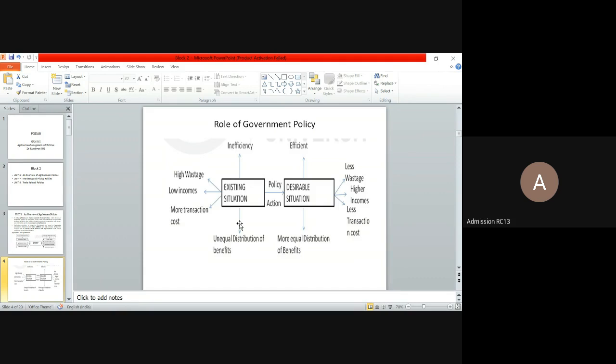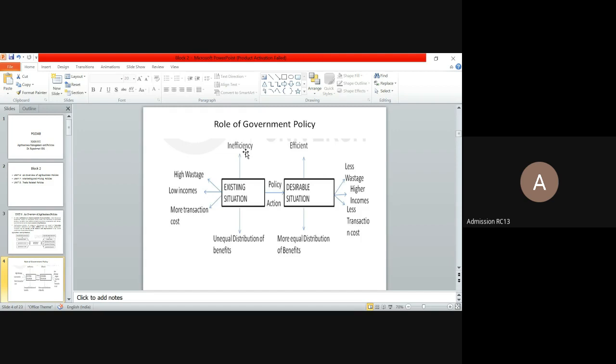Like here in this picture, what I'm showing on my screen, the role of government policy, how it will be affected overall. We have given the existing situation: if policies are not there properly, if policies are not executed, if policies are not taken into consideration, what happens? That shows the existing situation. You can see the arrow mark. When the existing situation is without adoption of proper policies, it leads to